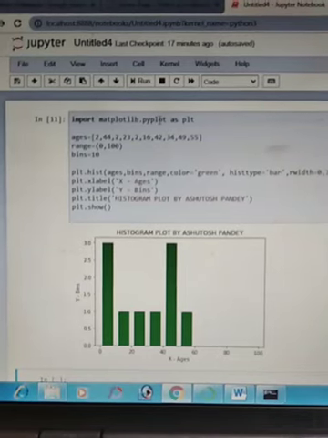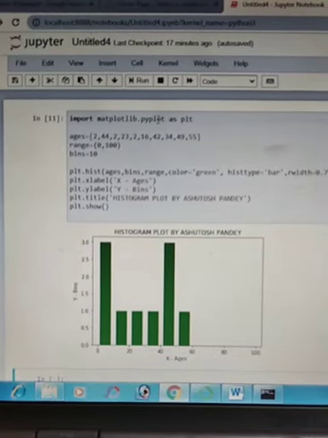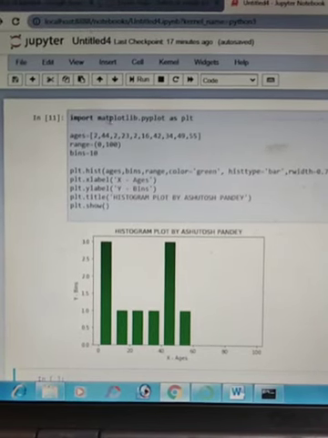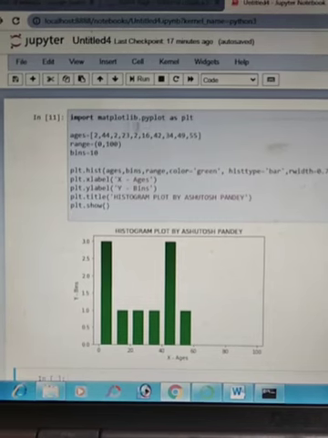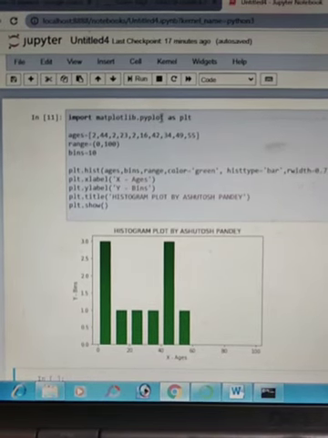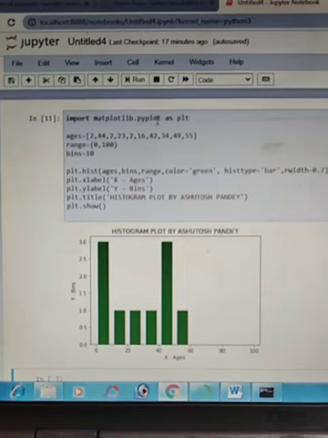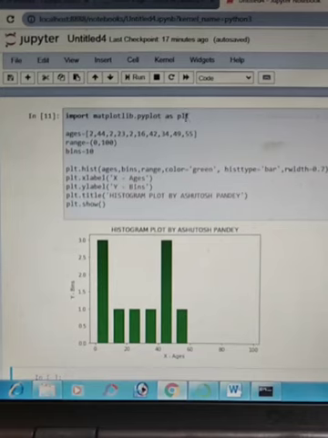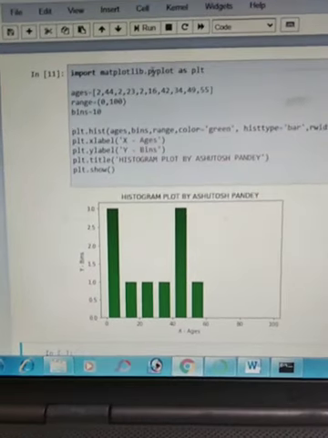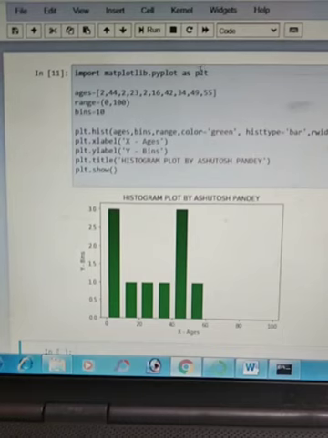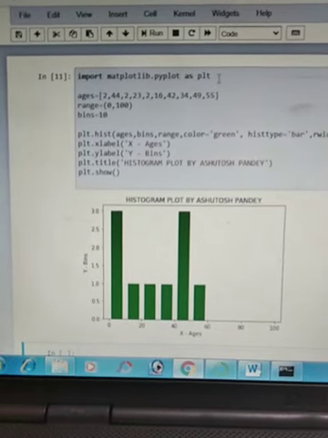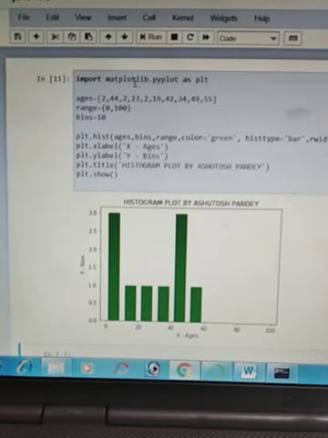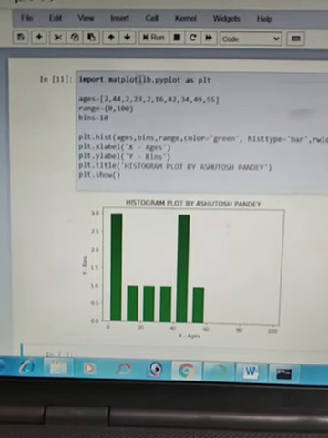So like other programming languages, here also we work on the concept of classes and objects. So here you will see that matplotlib is our library, and in that library a class is made called pyplot, as you see ahead as plt. With the help of the plt object or variable we can access all those functions which are defined in this class or in this library.